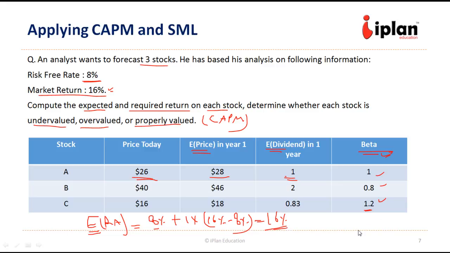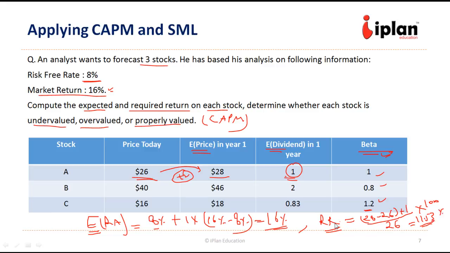And what is the required return or the forecasted return based on the market? We are going to get a $2 capital gain, that is a change in the price from 26 to 28. So that is a change of $2, and $1 is the dividend which is to be given. So our gain is 28 minus 26, which is 2, plus 1 due to dividend, divided by 26, which is the current price, into 100. So this 3 on 26 is our return. If we calculate in percentage, we get 11.53%.